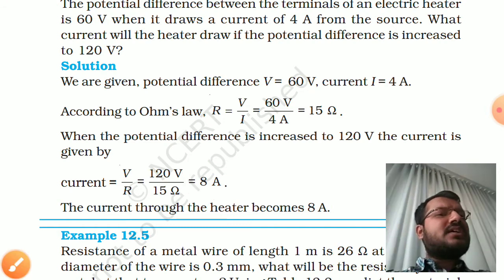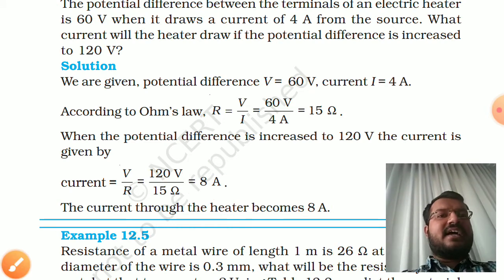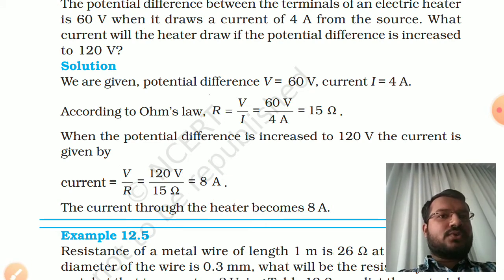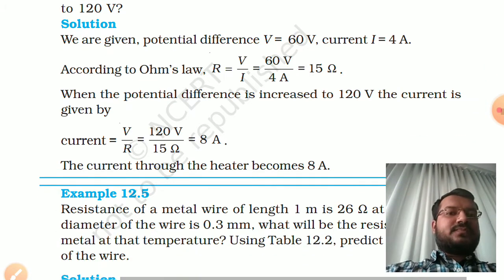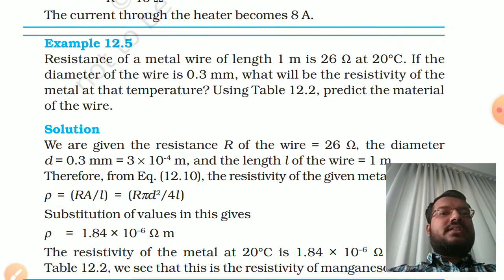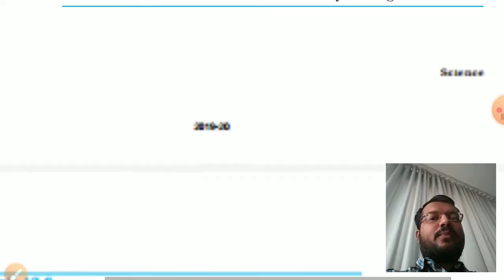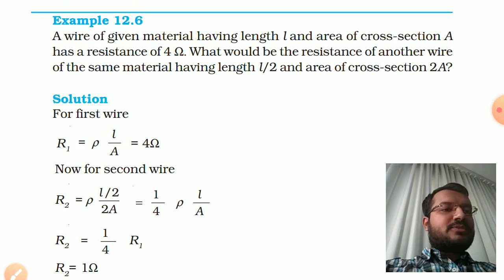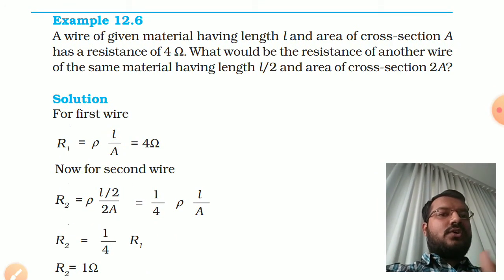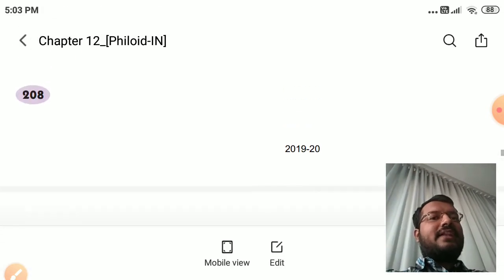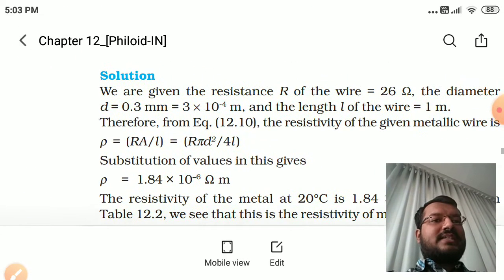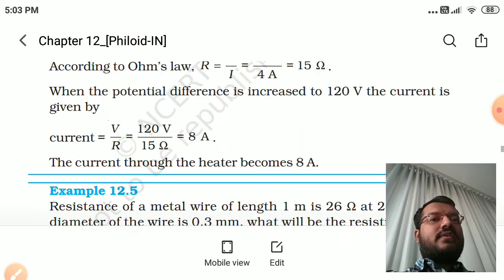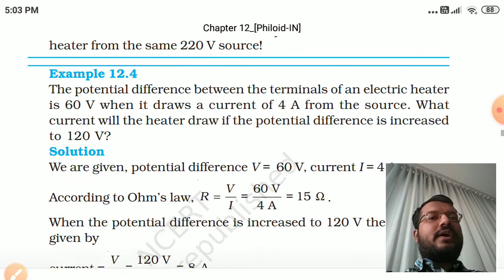Okay, see, these are very easy examples, they are asked for 2 marks. So you need to prepare these examples very well. Now this third example, example 12.5 and example 12.6, I will explain in the online lecture on Google Meet or any other application. At that time I will explain both these examples. So we will stop here with example 12.4.